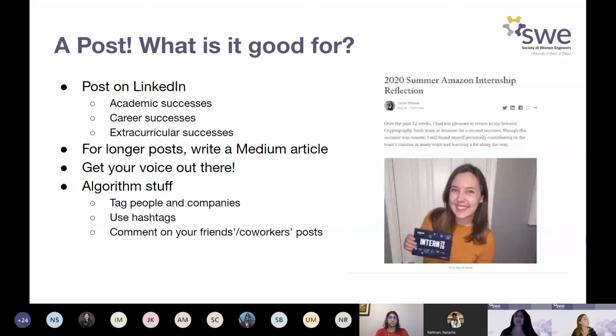For instance, I have a friend, her name is Grace, and she created a hashtag called Growing Gracefully. I have another friend, Ashwini, and she has a hashtag that says Ashwini Says. Those are some really great examples where you can also be involved and have a lot more feed and publicity.